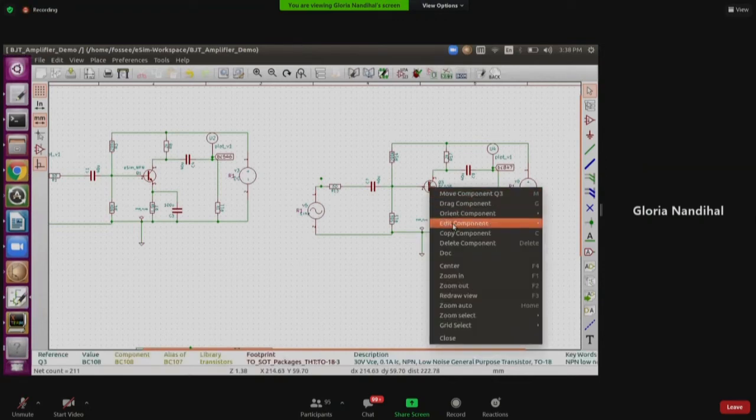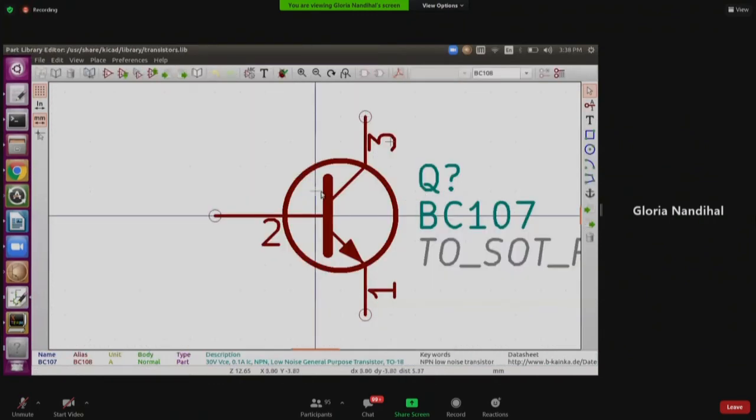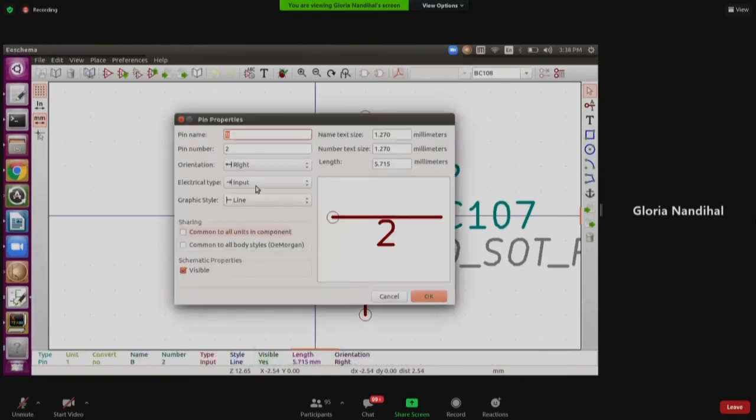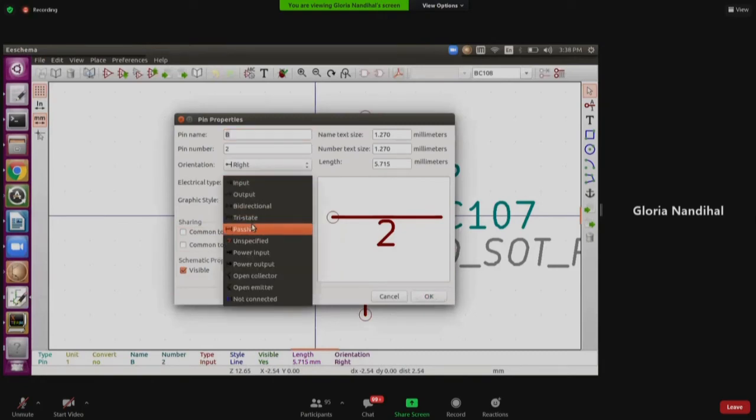If I want to change the pin, I just right click on it. This you'll be learning in the next sub-circuit tutorial. Just for introduction I'm giving, okay? I will edit with the library editor. Like I said in the previous class, this is where you will do the drawings. If you keep a cursor on the pin and say edit pin, you can see the electrical type and all those things. Basically, for all KiCad libraries, it is passive.